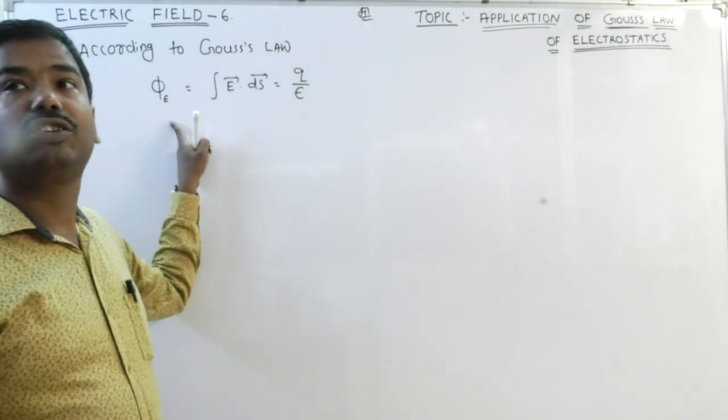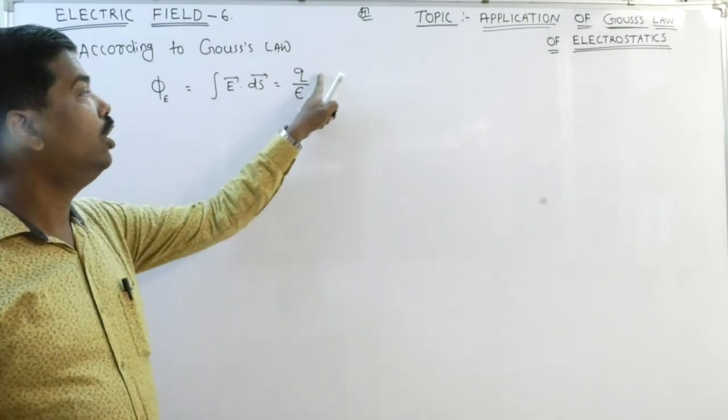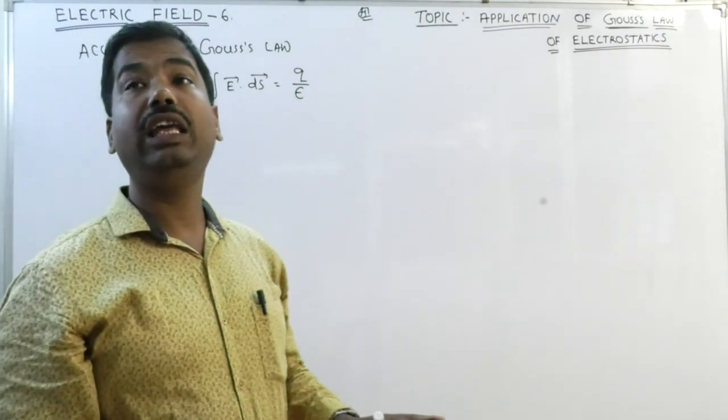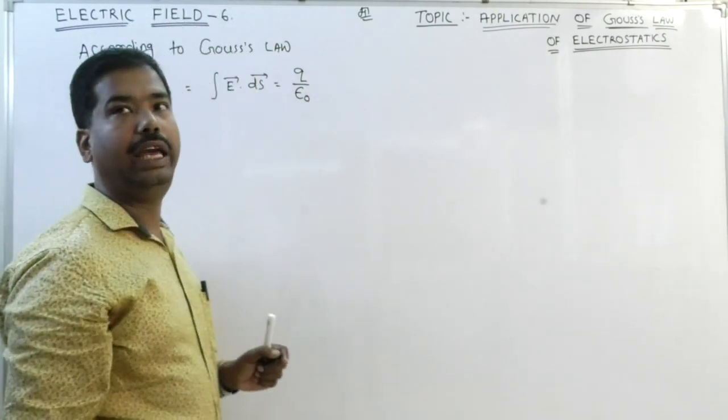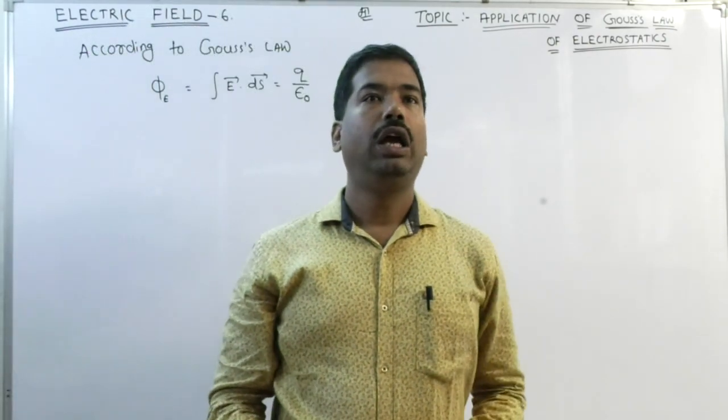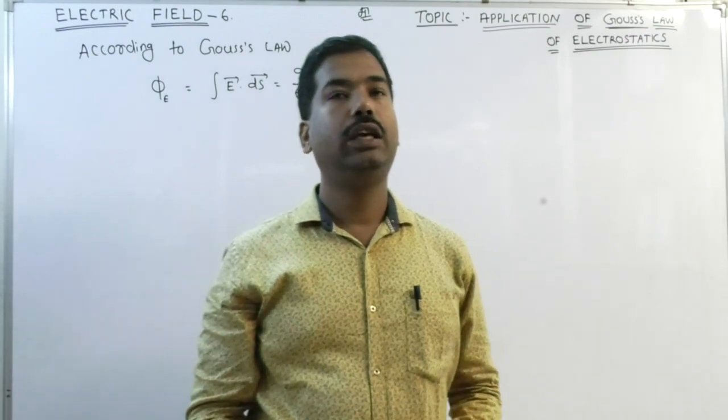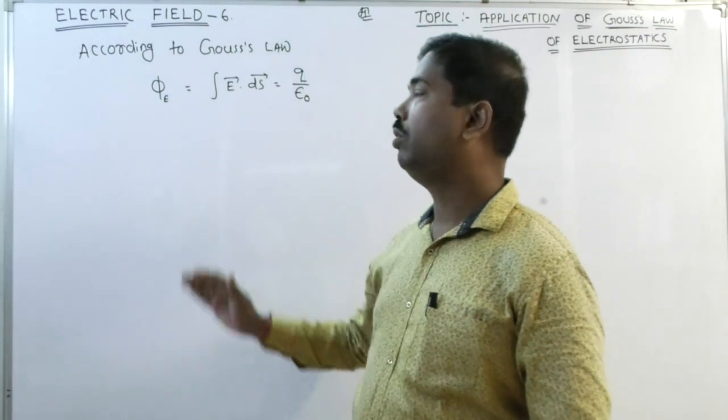Electric flux linked across the surface is equal to E dot ds equals q by epsilon for any medium, or q by epsilon 0 for air medium. Clear? Now we are going to discuss some applications related to